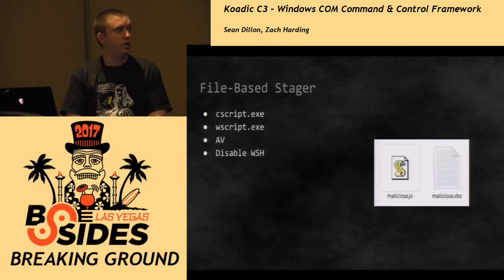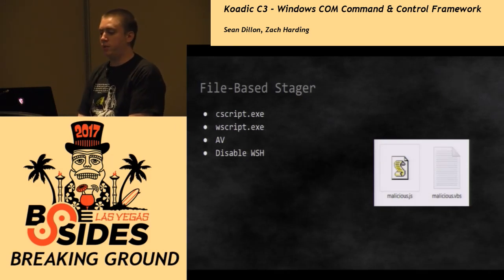So traditionally, we do have support for the file-based stager. This involves dropping a malicious JScript or VBS file on the disk, and you can instantiate these with CScript or WScript. But it's pretty easy to disable the Windows Script Host, and some environments do that, and also AV, you're writing to disk. So